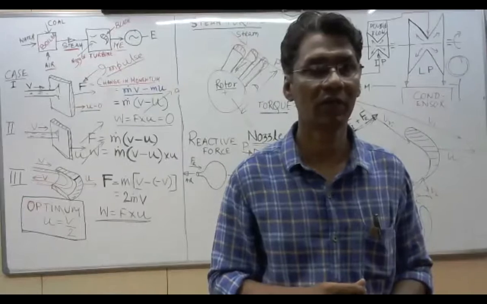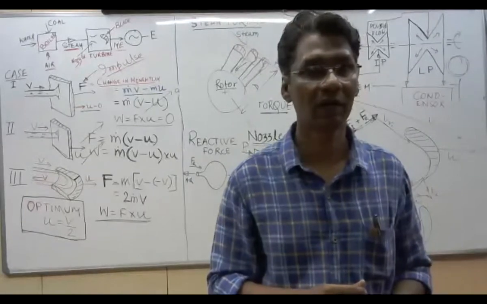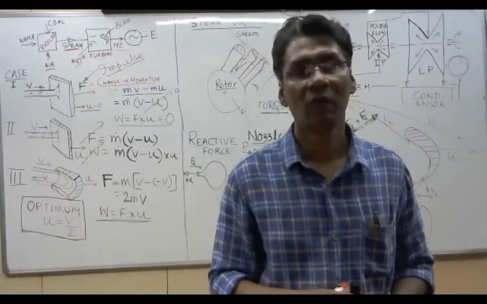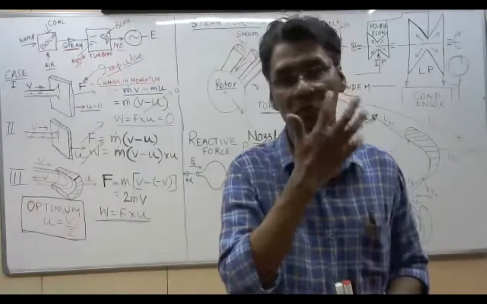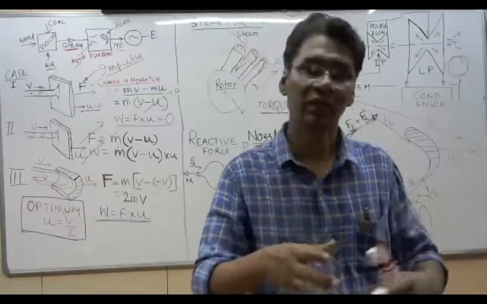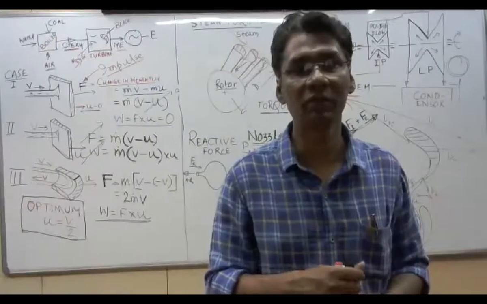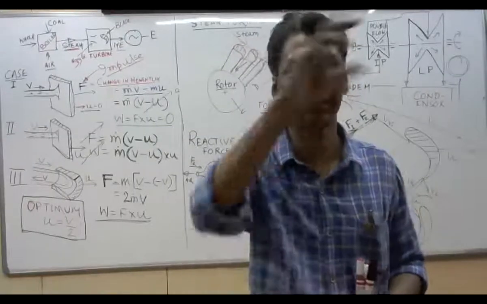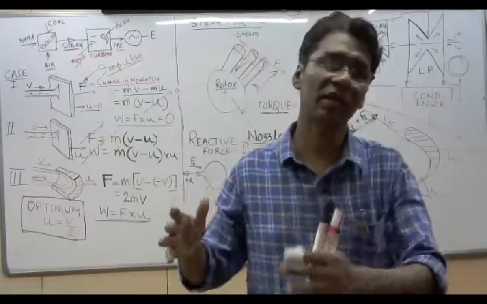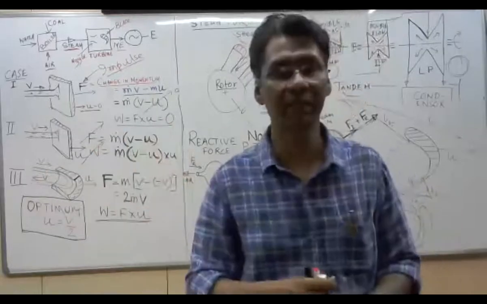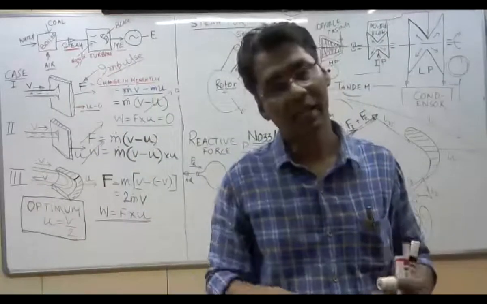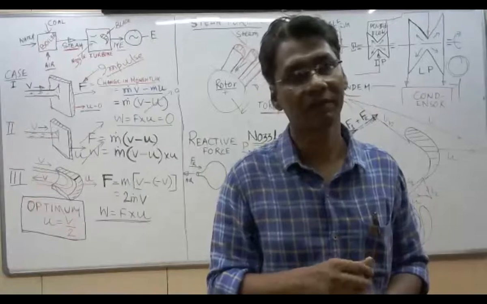Can you use fresh water? Fresh water is not used for makeup in the turbine. Only demineralized water, that is DM water, is used in the steam turbine cycle. Some fresh water or raw water is used in some different circuits, but in the steam cycle, DM water is always used.